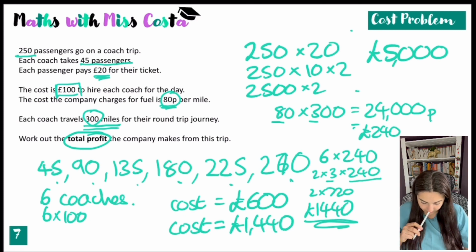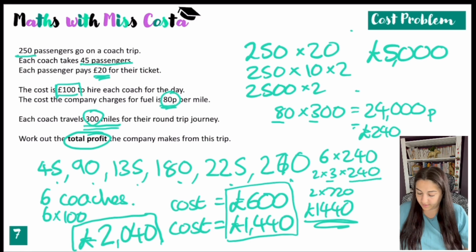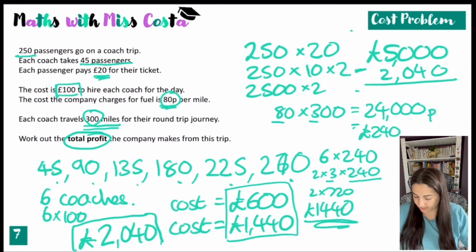Are there any other costs? Nope. Okay, so the total costs are 600 plus 1,440 would give you £2,040. That is the cost. The amount they take from the passengers is 5,000. So let's subtract that. 5,000 take away 2,040 gives you